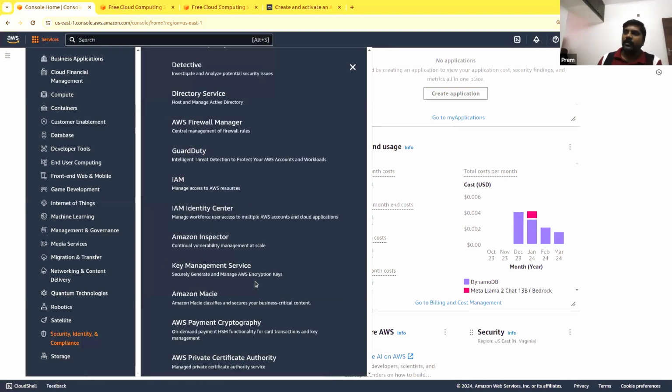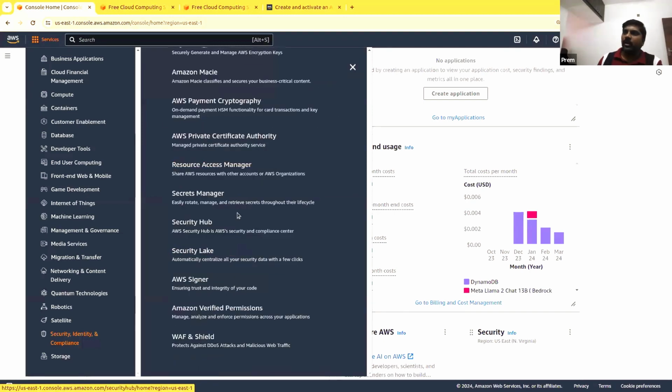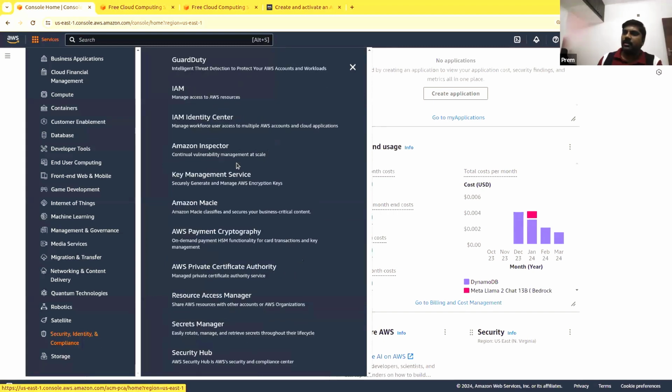Right from IAM, which is Identity Access Manager, where you will create users and other things. This is the first thing that we will be talking about in our series, because this is the starting point. Then we will be going to other services. Directory services, similar to Active Directory, which is a user management tool for Microsoft. Here they have this managed directory service as well, all related to security, authorization, and other things.